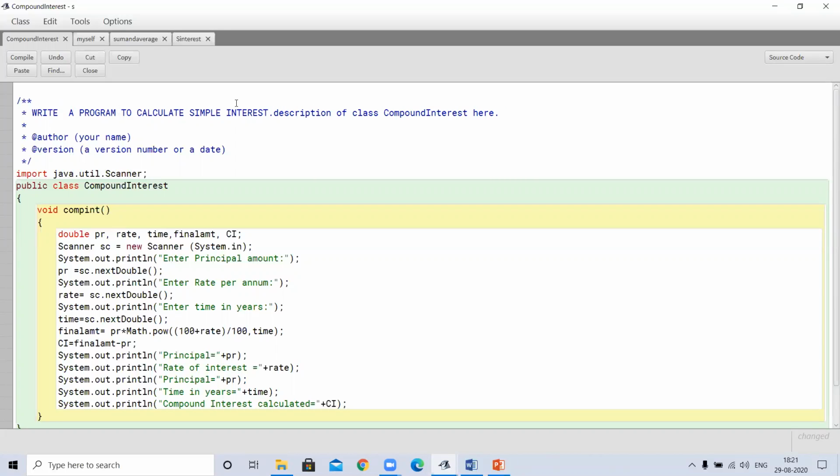Write a program to calculate compound interest. This question is also given in your book.